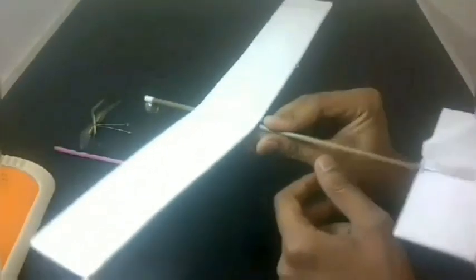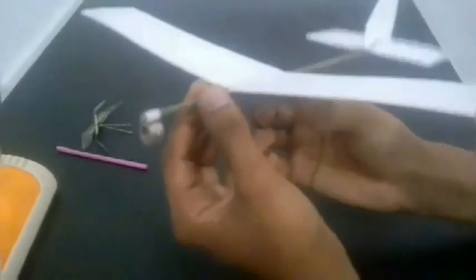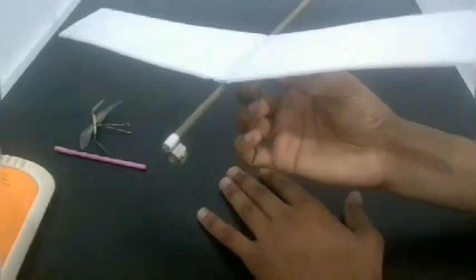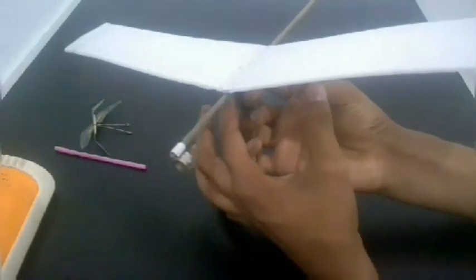Okay friends, I have assembled it, and as you can see I have added an extra weight, that metal piece in front of it. It is very important because you have to balance the plane's center of gravity beneath its wings. As you can see, it is easily balanced on my two fingers beneath its wings. You have to make sure that your plane is also balanced on your two fingers beneath its wings,